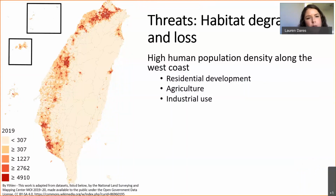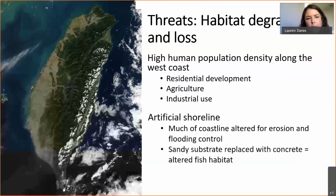So this is just another image to really visualize where the population density is along the west coast of Taiwan. To also emphasize, I mentioned those brown flat areas. It also is very sandy. So the coastline of Taiwan, where all the people live, also happens to be sandy substrate that every year some amount of sand, an actual coastline, could be lost into the ocean just from erosion and flooding,